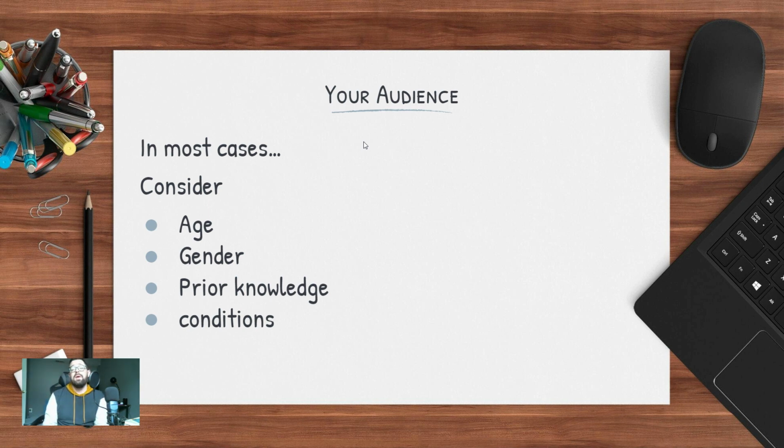What do they already know possibly about the subject that you're giving them? What do they already know that you don't necessarily have to do? And then the conditions. Do you have a microphone? Does the microphone work? Are you going to have to yell? Do you have visual aids? Do you need visual aids? Will the room be loud? Will there be other stuff going on in the room at the time? All of these are things to consider when you are speaking to any audience, but also in what stories, what